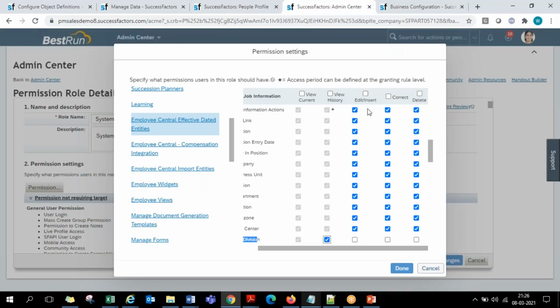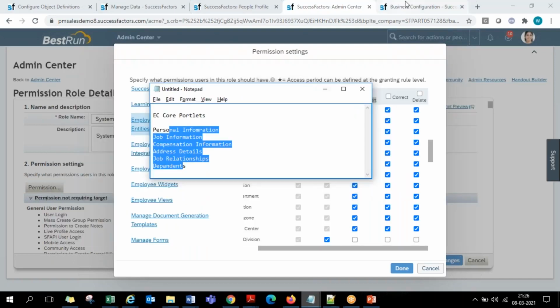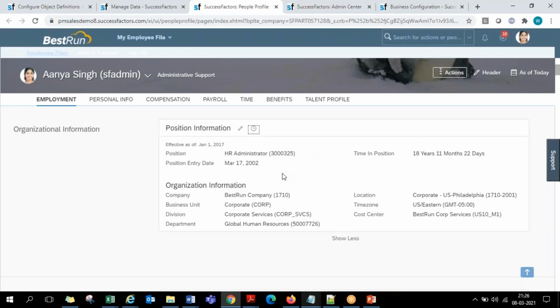Then you have edit permission, edit or insert, and correction. So here this is something important, guys. Every field level, they give edit access and correction access. Basically this has to be referred to as insert access. What is insert, what does correction mean? Say for example, in this employee profile, here you have already something maintained in the system. Effective 1st of January 2017, there is some record maintained.